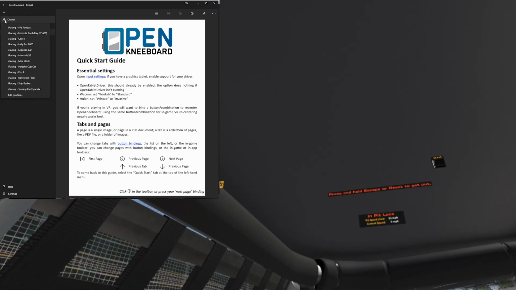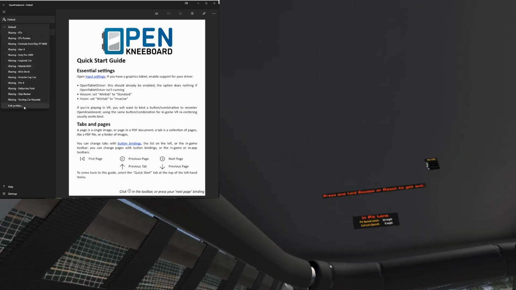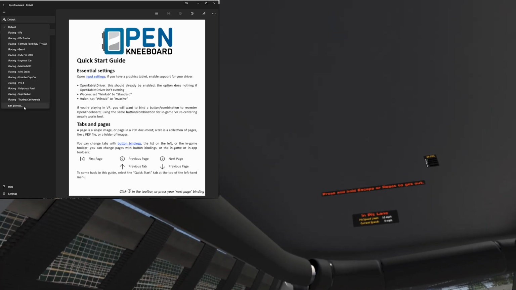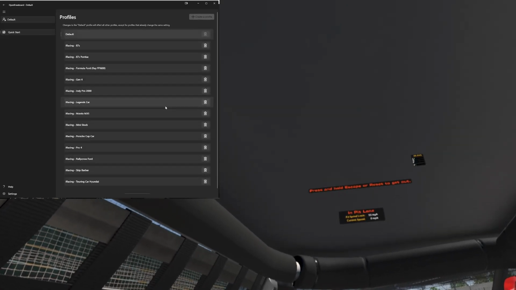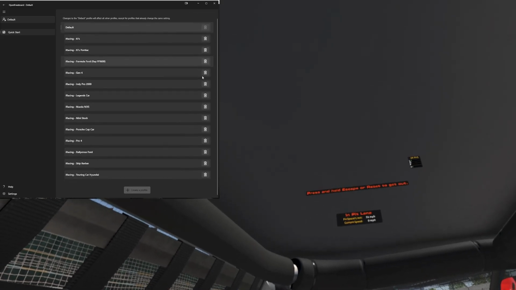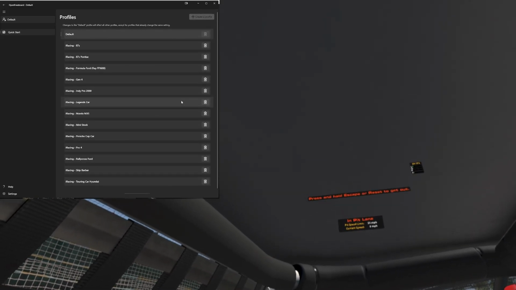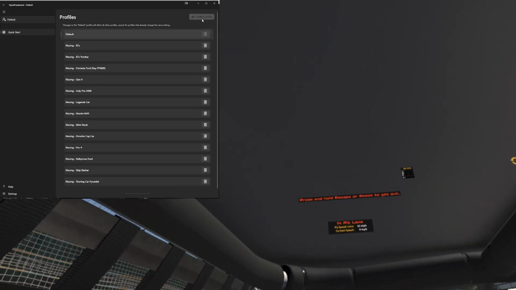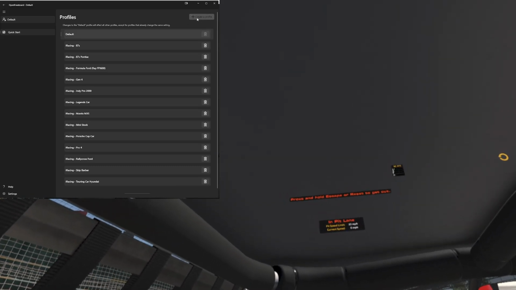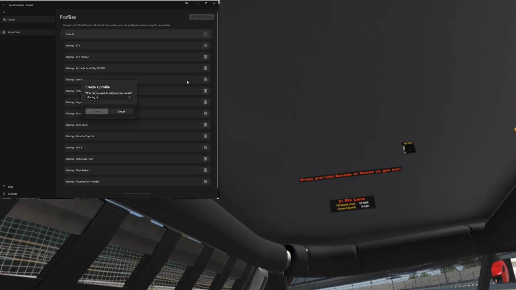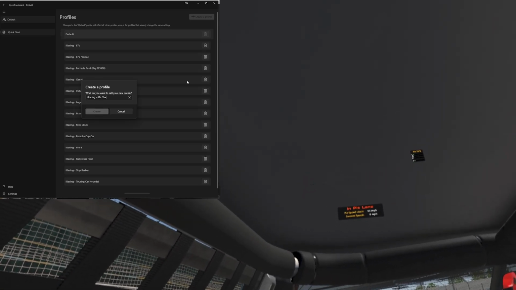So to create a new profile, we're going to create one for the '87 Monte Carlo. Click on profiles, go down to edit profiles, which pulls up the list, and you can delete them here. There's no option to rename, so you have to name it whatever's going to be permanent. Go to create profile, we'll do the '87 Chevy,